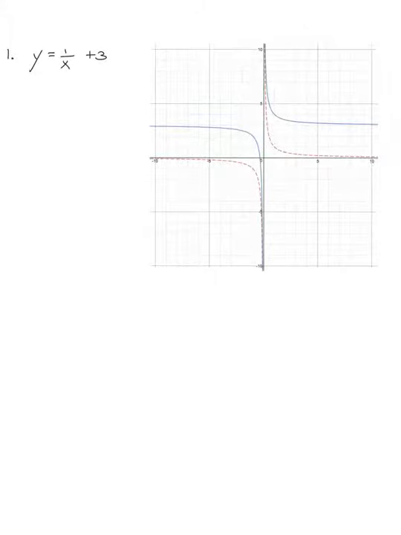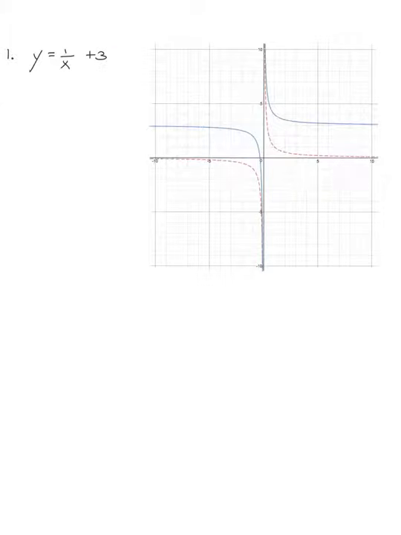In questions 1 through 8, we're going to look at the graphs of rational functions, hopefully making a connection between the equation and where the asymptotes and intercepts are located. So for questions 1 and 2, I primarily want to focus on the asymptotes, so the horizontal and vertical asymptotes of this graph. All right, so on this graph I have 1 over x, which we discussed in class, and